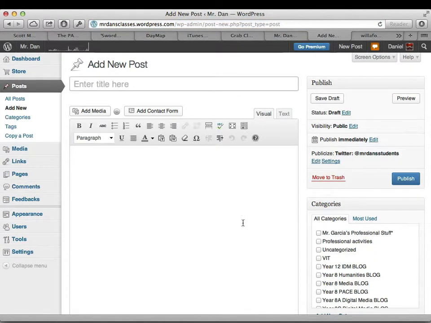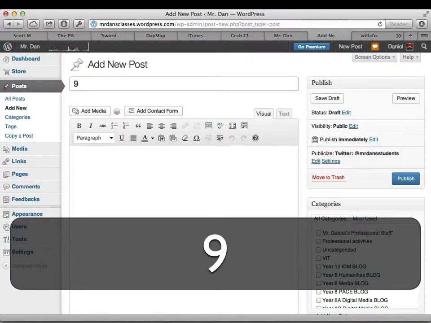And what you're going to be presented with is this kind of layout. Fairly simple. We've got your writing area here, you've got your title here. Whatever your title is, it'll be the title of your blog post. It'll also be the actual web address as well. So www. and the title. So that's why that's kind of important too, that it's something that's short and succinct and explains what you want to say. So for this, I'm going to go 9 digital media, and I'll spell it right,